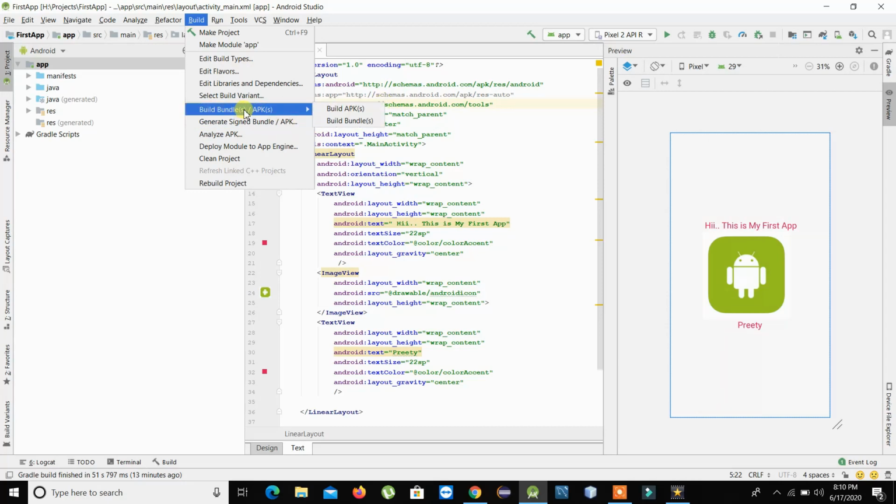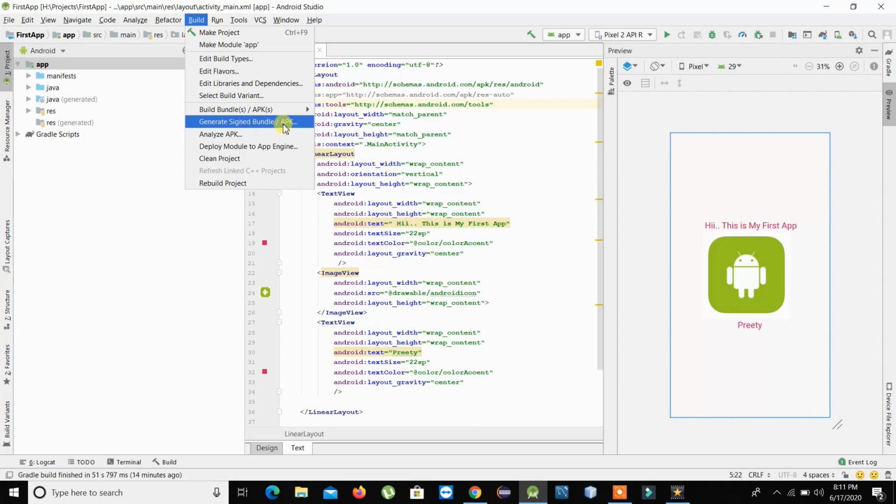We will move on with the first option, that is build bundle or APK, and you can see there are two options, build APKs and build bundles. Well, the difference between these two is once you have made the application and you want to go for the testing purpose, then you can click on here, this first method, that is build bundle or APK. You can click on build APK. You can install it in your mobile and you can go for the testing, to see whether the app is properly running or not. You can test it for any bugs you have, all kinds of testing you can do using this APK.